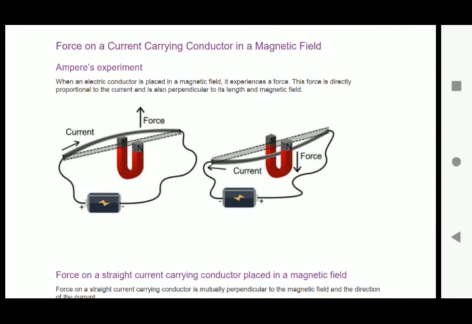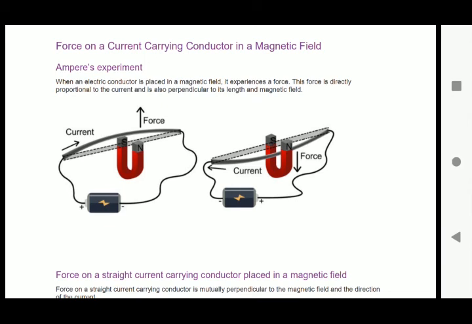That is, a magnet exerts a mechanical force on a current carrying wire, and if the wire is free to move, this force can produce a motion in the wire. I repeat, a magnet exerts a mechanical force on a current carrying wire, and if the wire is free to move, this force can produce a motion in the wire.